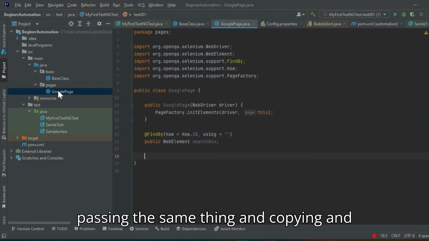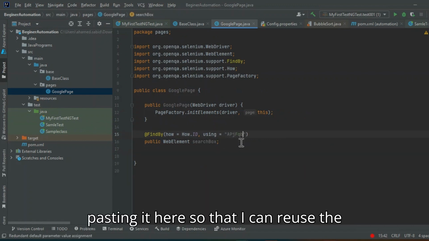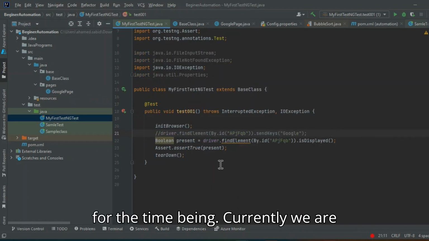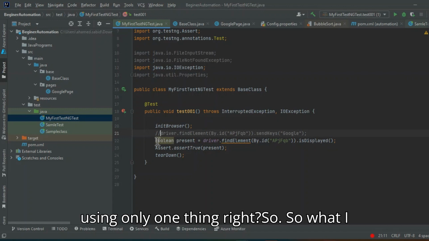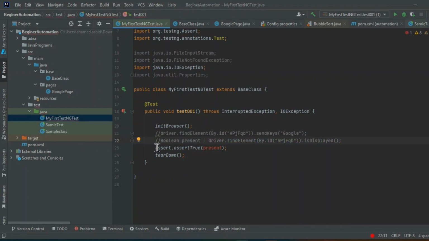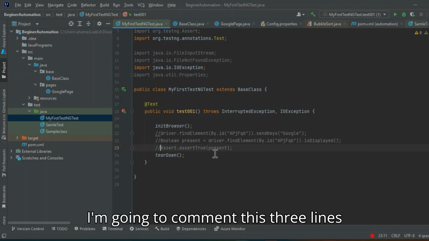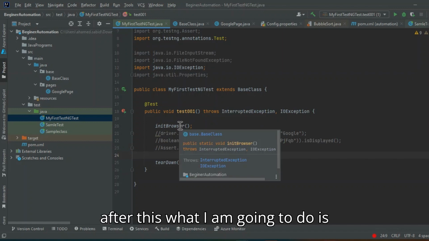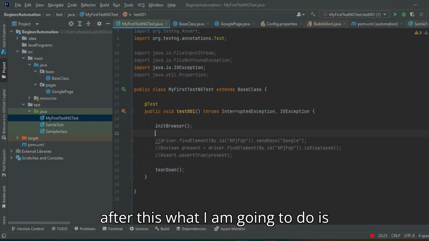I'm just copying it and pasting it here so that I can reuse the ID. Then I'm just commenting it for the time being. Currently, we are using only one thing, right? So what I am going to do is comment these three lines, and after this, what I am going to do is